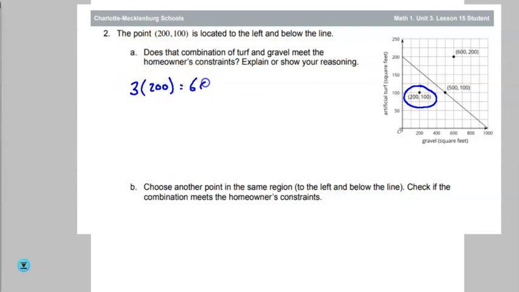That's going to cost her $600. $15 for 100 square feet of turf. That's going to be 1,500. And if you add those,